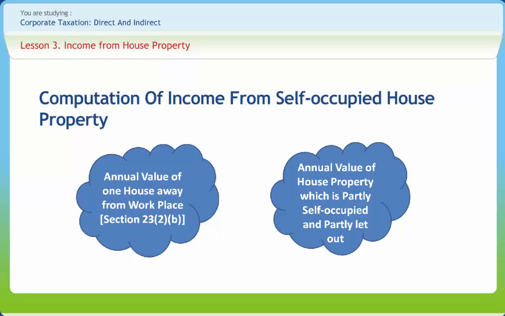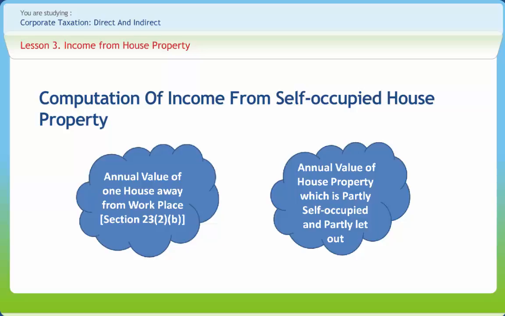If a house property consists of two or more independent residential units, one of which is self-occupied and the other unit is let out, the income from different units is to be calculated separately. The income from the unit which is self-occupied for residential purposes is to be calculated as per the provisions of Section 23, Part 2, Part A. That is, the annual value will be taken as nil and only interest on borrowed capital will be deductible up to a maximum limit of rupees 1,50,000 or rupees 30,000 as the case may be.